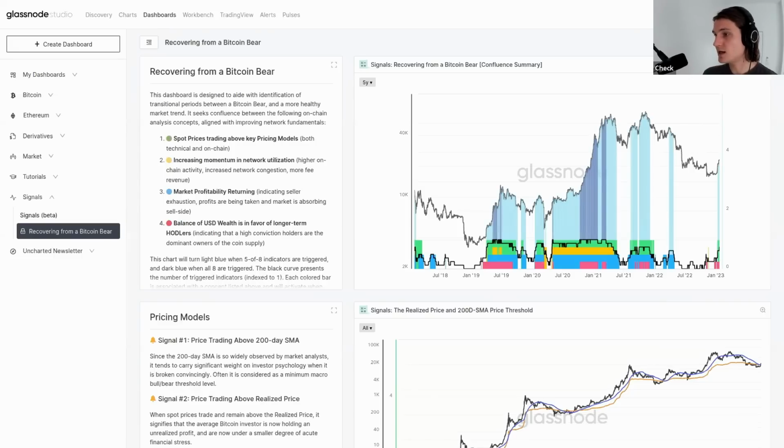Yeah, so there's a question here. You wonder if the metrics are not enough to support the idea of the end of a bear and require time to get conviction. Absolutely. No, 100%. And this is the thing. It's all about that. There is no tool that will give you, this is the bottom, it's time. This is the top, it's time. What you're looking for is always a probability.